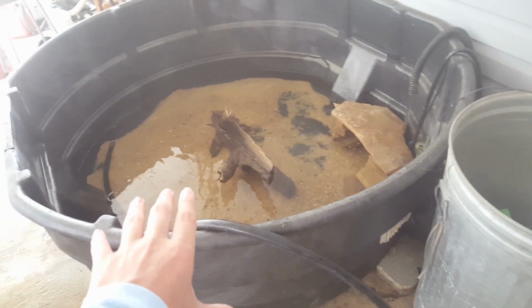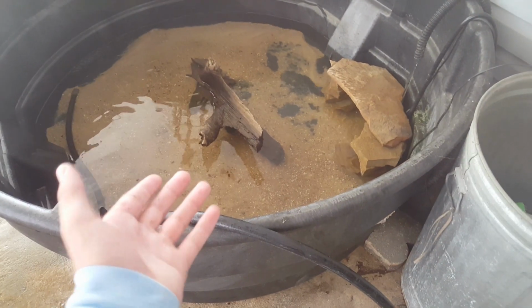A few days ago, I actually had a problem with the pond. I came out here early in the morning. I was actually gonna feed the gar and the catfish some shrimp, and this happened. Guys, look what just happened. So I just came out here this morning. I was gonna feed the fish, had some shrimp right here, and I come out here to this, like literally